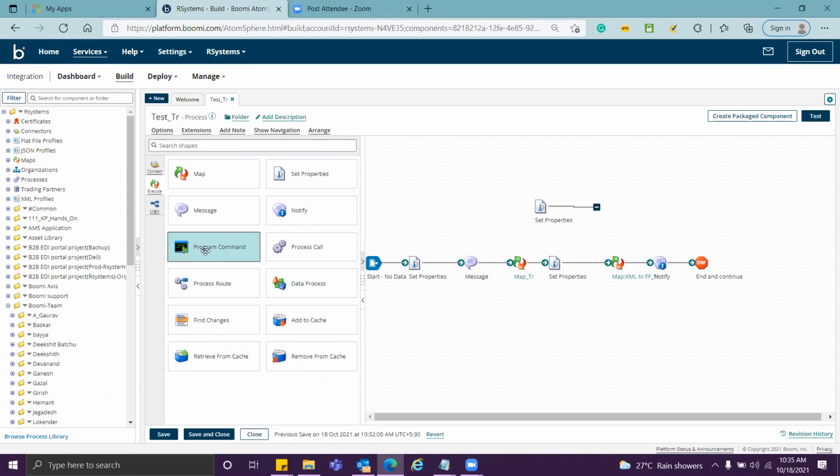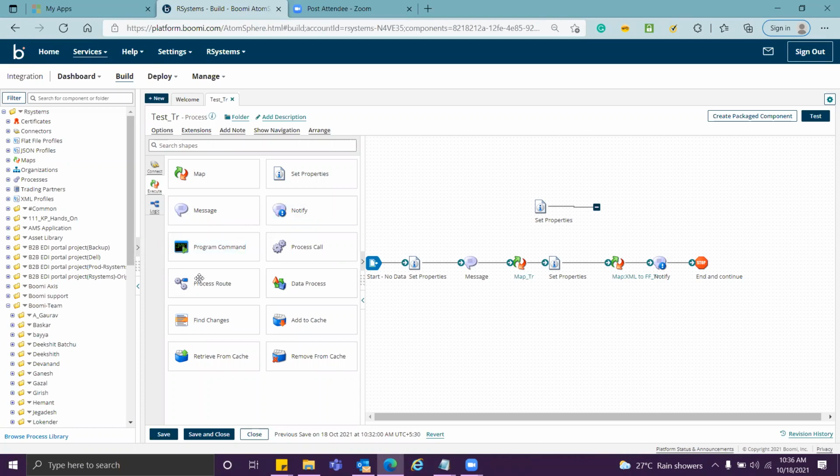The least used shapes are program command and find changes. All other shapes we use somewhere, but these two we use in very rare scenarios.